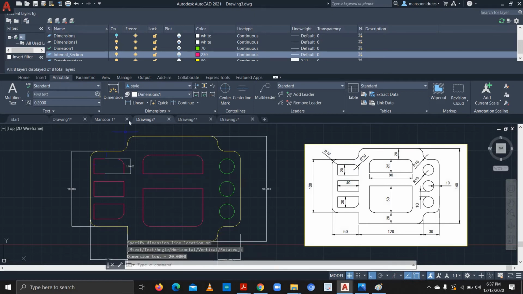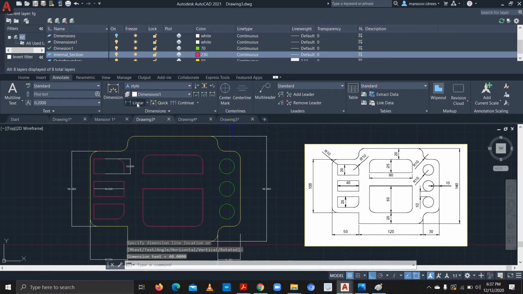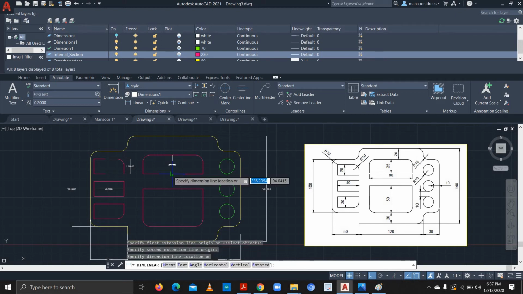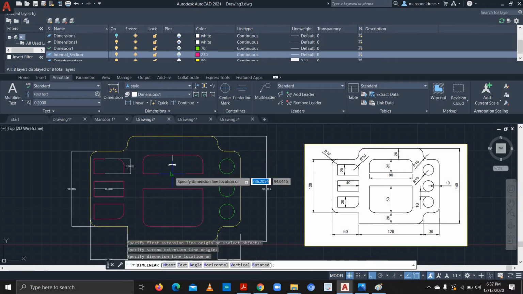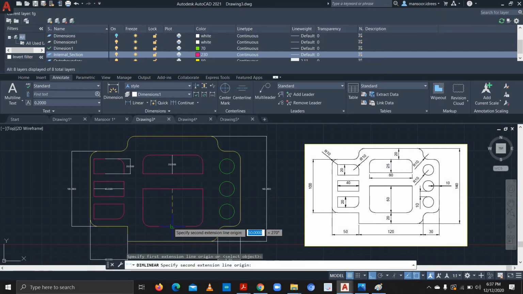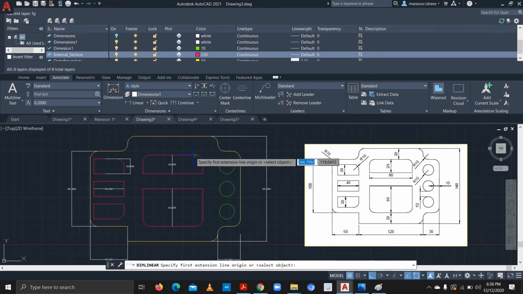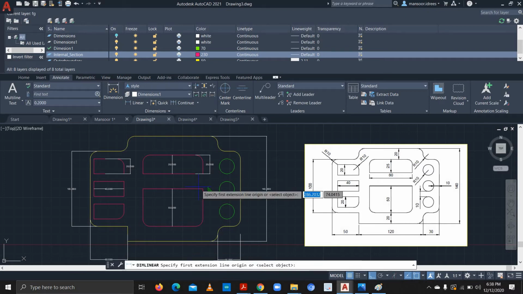This is 20, this is 40, and these two between, one is 25, this one is 50, this is 25. Again, I'll select this linear command,